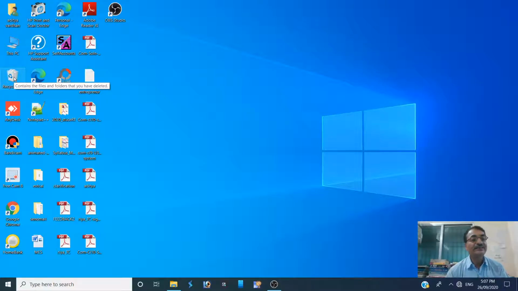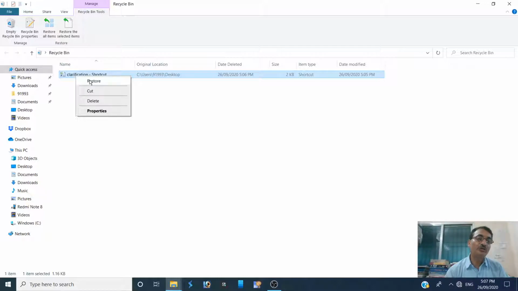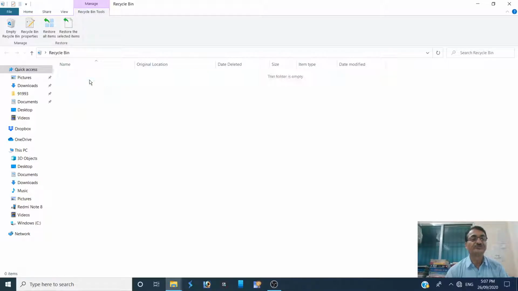If we have accidentally deleted a file and we require it, we can restore the file to the very location from where it was deleted. So suppose we want to restore this, we have to open the recycle bin, right click on this file name and click restore. This shortcut icon will be sent to the very location from where it was deleted.